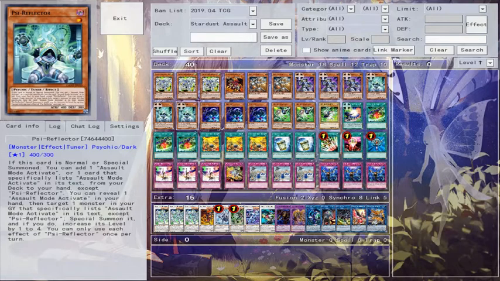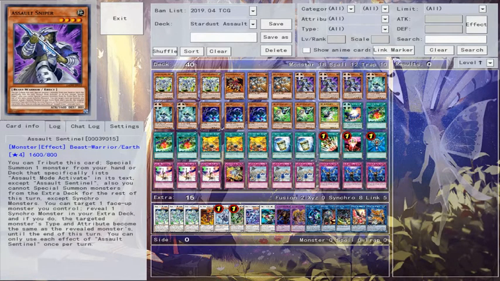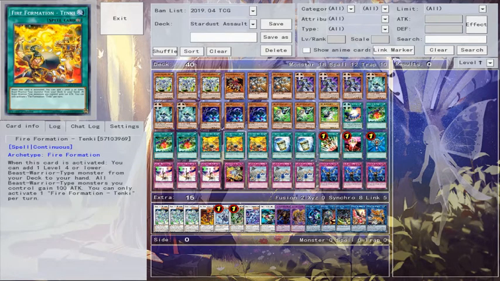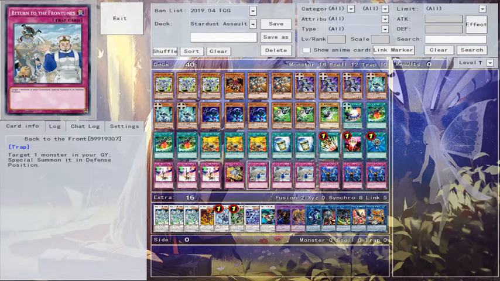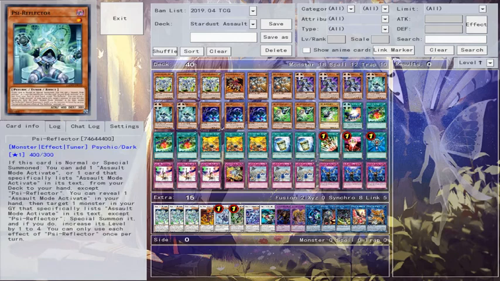But basically, the instant combo with this is, say you start out with Assault Sniper, Assault Beast, and, I don't know, Infinite Impermanence, Assault Slash, and Return to the Front Lines. What you do, use Assault Beast's effect, discard it, add Assault Mode to your hand, use Assault Sniper's effect, summon it, tribute it, get out Psy-Reflector, then use Psy-Reflector's effect, search out another Assault Mode Activate,